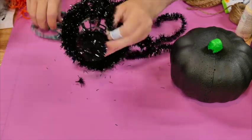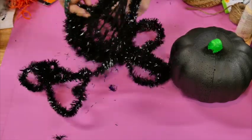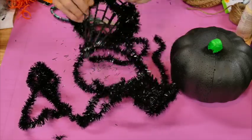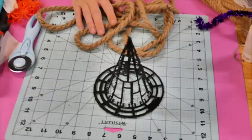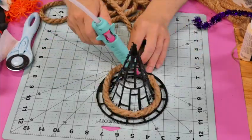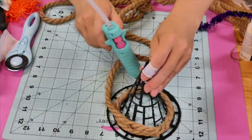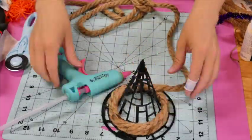It was actually cute the way it was with the tinsel, and I'm typically not a fan of tinsel, which is why I took it off, but it was cute, and you can actually just leave it the way it is. But if you've been watching me for a while, you know I can't just leave things alone. So I took off all the tinsel, and I also cut off the nubs that are around the brim of the hat. And then I am just wrapping the entire top part of the hat using nautical rope from, of